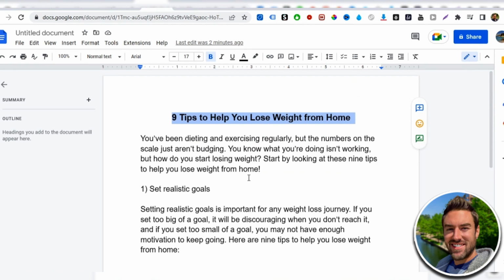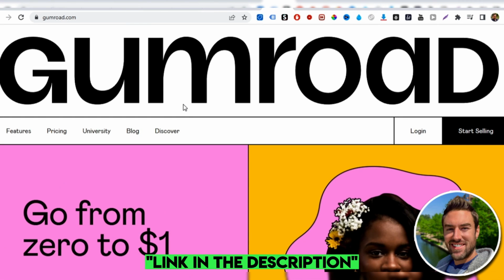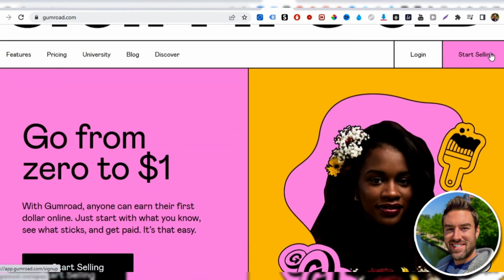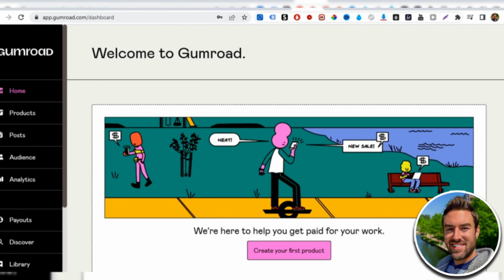Now, the second and last site I want to share with you that you can share our PDF on is gumroad.com. Okay, a lot of people don't know about this site. There's going to be a link directly below. When you go to this site, you want to click start selling, okay, and you want to create a free account. Takes just a few minutes. And what Gumroad allows you to